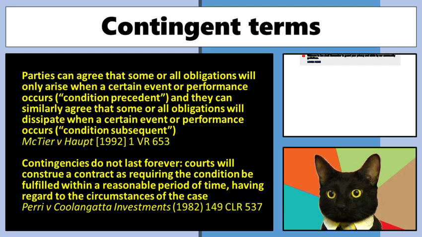So you can carry on selling all of this merchandise on your website of the Queen until she dies, for example. At that point in time, we'll have to redo it and put someone else's face on it. That's what we call a condition subsequent, and that discharges your obligation at that particular point in time. Okay.